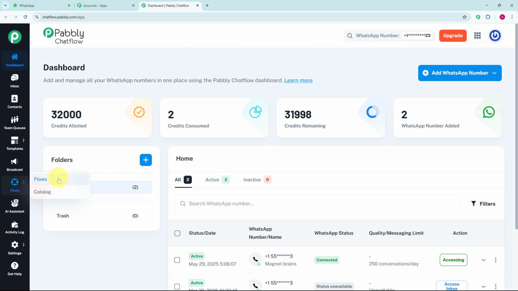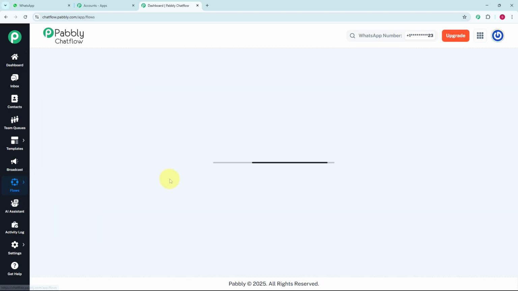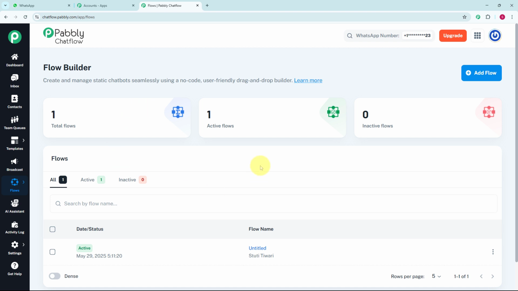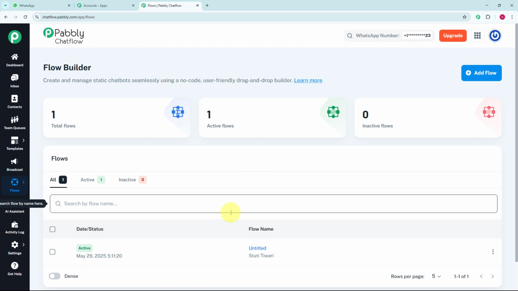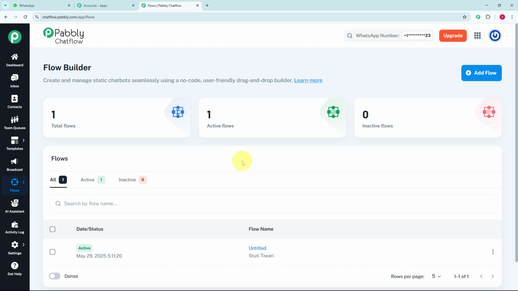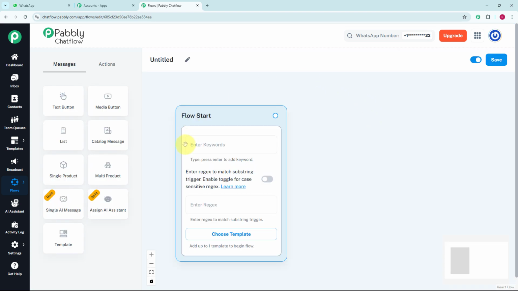Now for creating a chatbot, we just need to access flows. So for that you just have to click on flows over here, and once you click on flows, you will get this flow builder page, and here you can see this is the flow I have created. So you can also create your own flow. For that you just have to click on the add flow button, and once you click on it, you will get this flow page, and here on this flow page you can see we are getting the flow start,